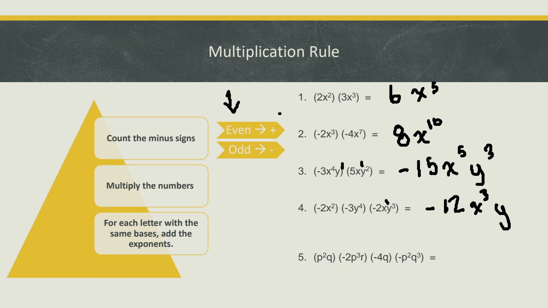And then for y's, I have 4, 5, 6, 7, y to the power of 7. So that's my final answer because I've used up my x's and my y's. So for number 5, this is our last one until we move on to the next rule. So on the first